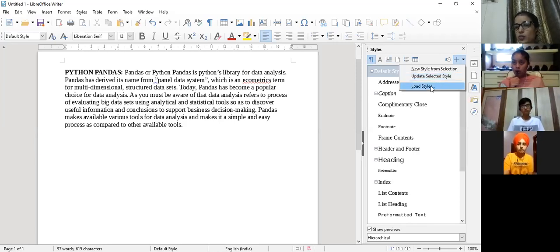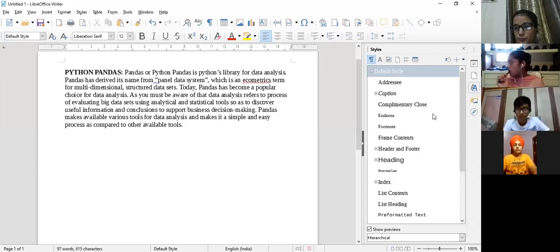So this way you can also load styles. Load means they should be in the deck, even your own styles which you have specified. Whatever styles you have created or updated, you can load on the deck. In the future when you open the styles deck, all those styles will appear. Is it clear? So we have different options related to styles over here.